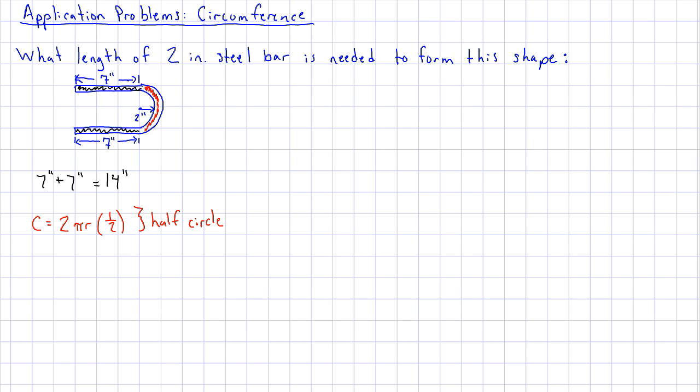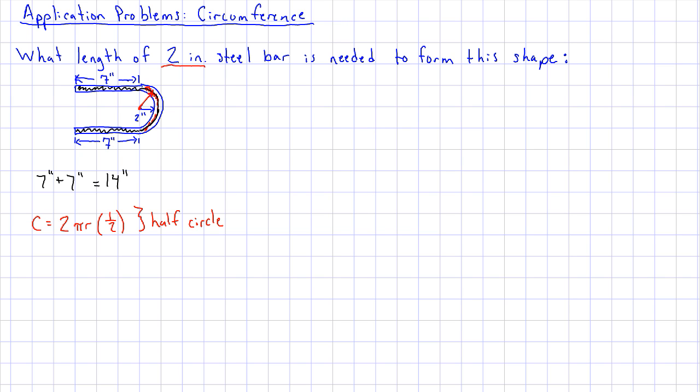And then the kind of trickier part of this problem is understanding that when I am looking at the circumference of this half circle, I need to consider the width of the bar. So I'm really looking at the distance from this center point to the center of this bar. So if I'm looking there, then the distance from my midpoint, my center, to the middle of the bar is 2 inches, which is the